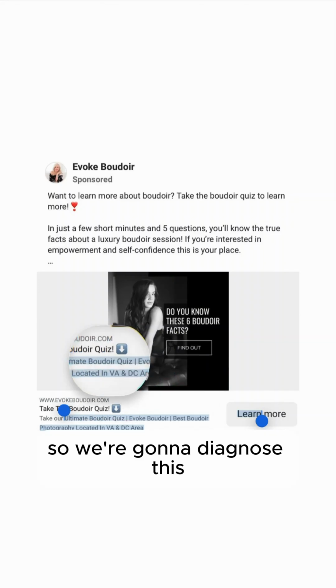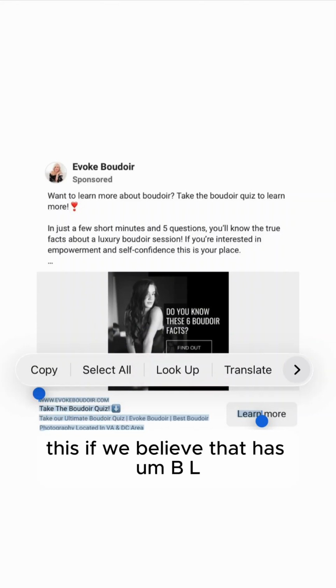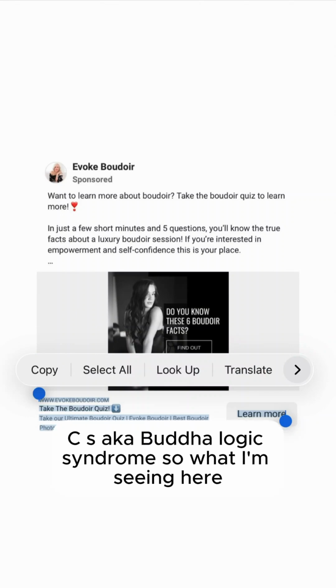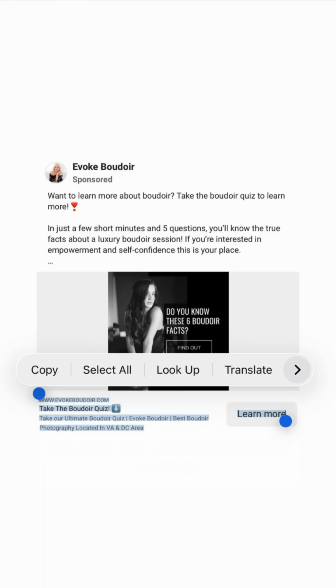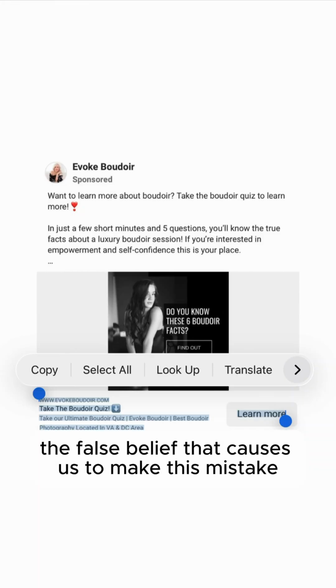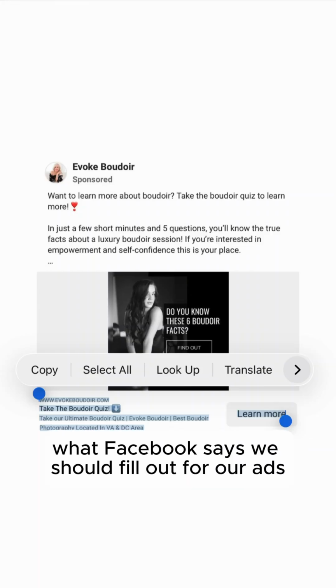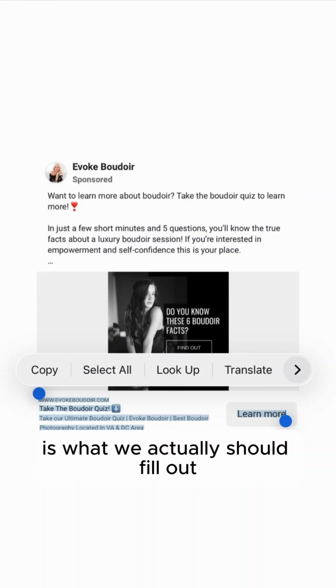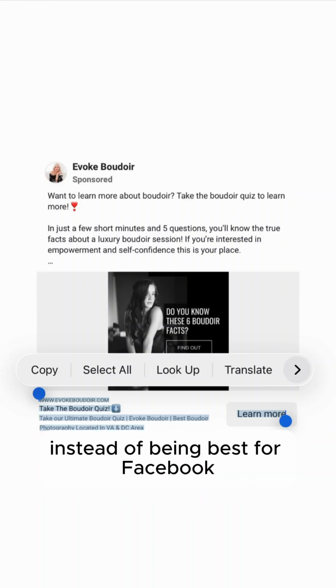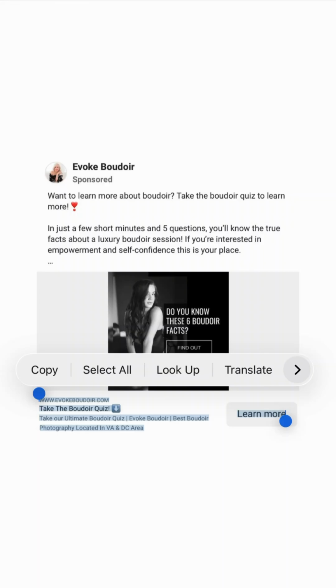So we're gonna diagnose this, see if we believe it has BLCS, aka Boudoir low click syndrome. So what I'm seeing here, we got the below creative cluster mistake. The false belief that causes us to make this mistake is that we actually believe that what Facebook says we should fill out for our ads is what we actually should fill out, and it's best for us instead of being best for Facebook. Consequences of this, though, way more women scrolling by our Boudoir Facebook ads than necessary,